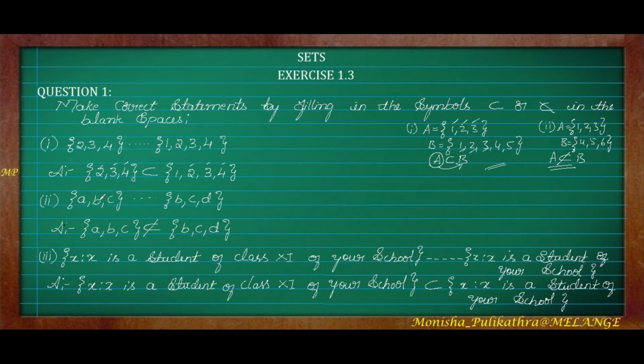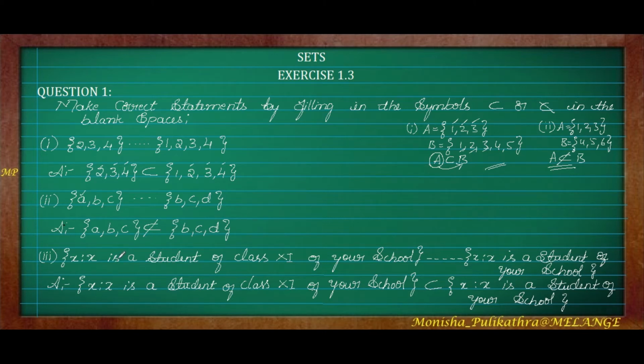Here, the first set is A, B, C, whereas the second set is B, C, D. Here A is not included in the second set. So we have to write ABC is not a subset of BCD, because all the elements are not present. Only 2 elements are present in the second set. If all the elements are present in the next set also, only in that case we write subset. Since one element is missing in the second set, we have to write it is not a subset.